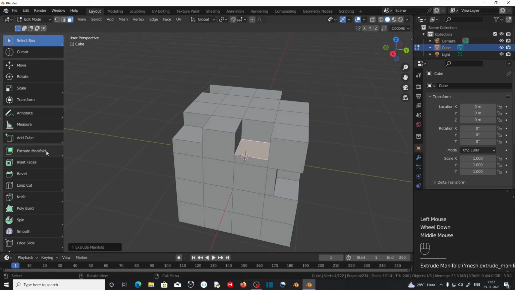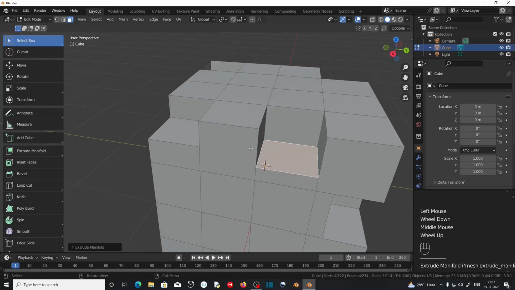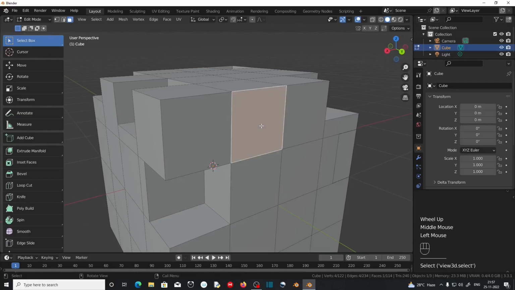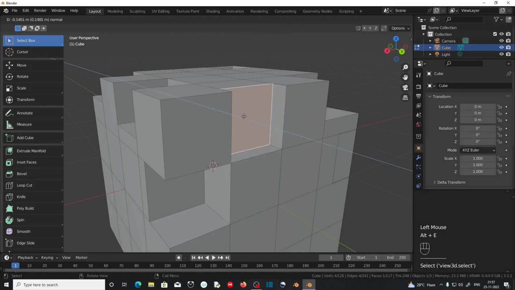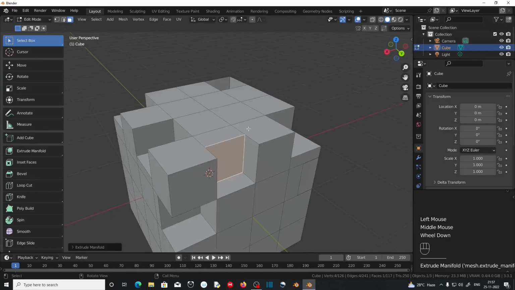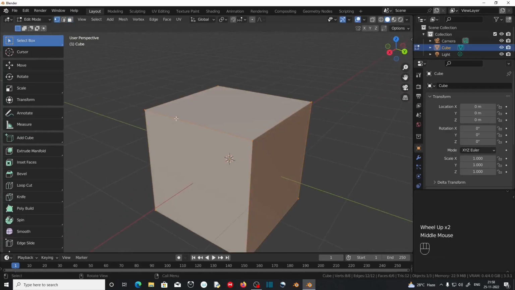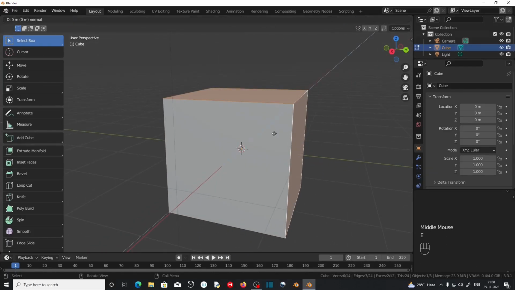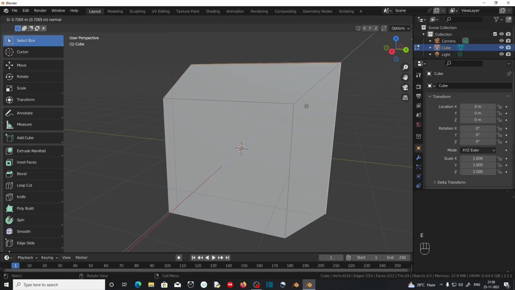So I don't have to go to this toolbar all the time. The shortcut for that is Alt plus E, then select extrude manifold. This will extrude it like this. I go here and go to face selection mode. If I select this face and shift select this face and press E to extrude, as you can see, it's